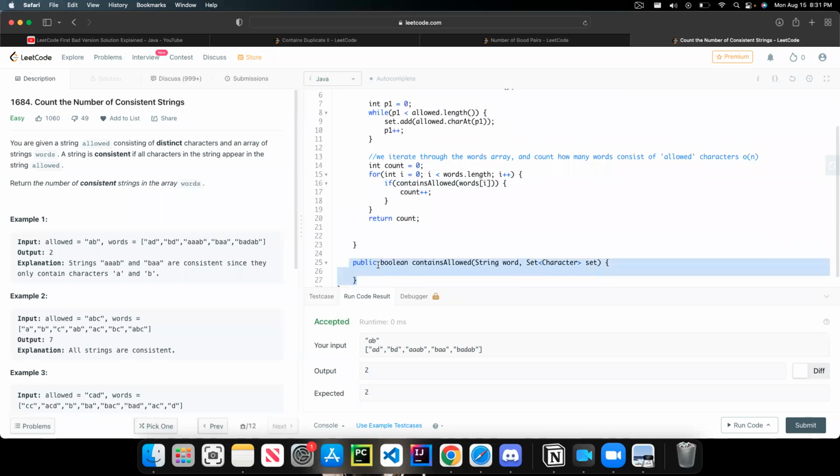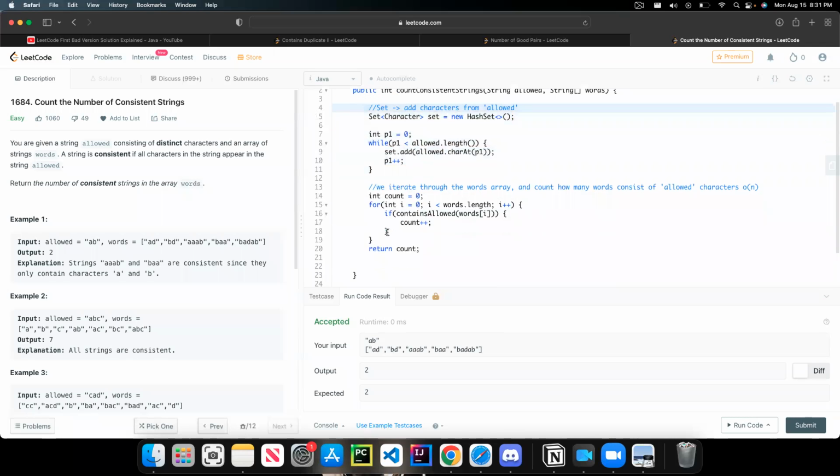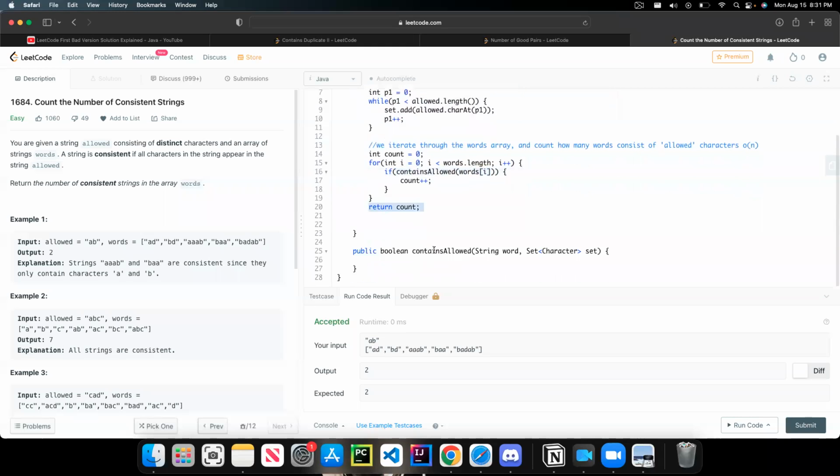So basically, the code is done, right? I mean, we've added all of the characters into the set. We've iterated through the words array, and we have effectively judged whether or not a particular entry in the words array contains the allowed words. And if it does, we increment count by 1. If it doesn't, we return count. But what about this function here? This function has to contain the logic behind